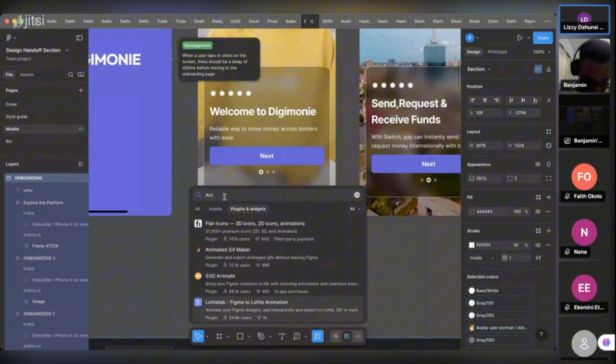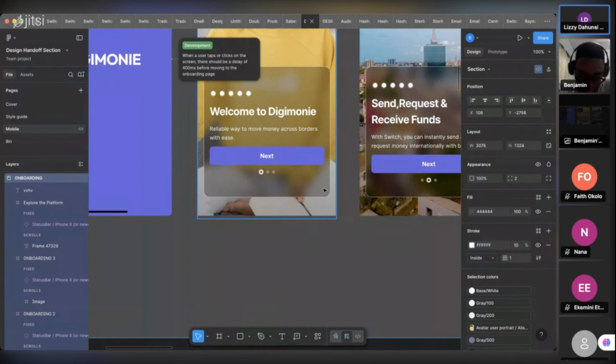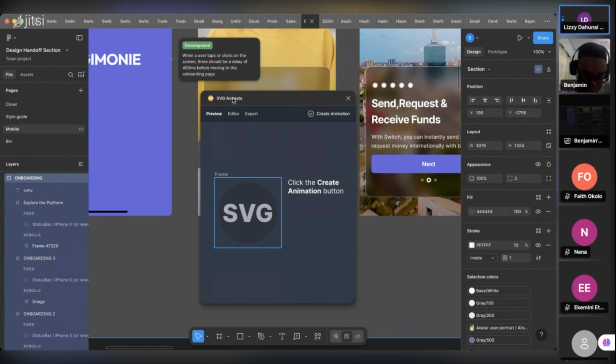What's that animation? I think is it SVG animate? I don't know. I'm seeing it on your screen. There should be one that animates your vectors all together, especially if you have lines or so. It will just animate it, and then I think it has a feature to now copy it as JSON or copy it as Lottie